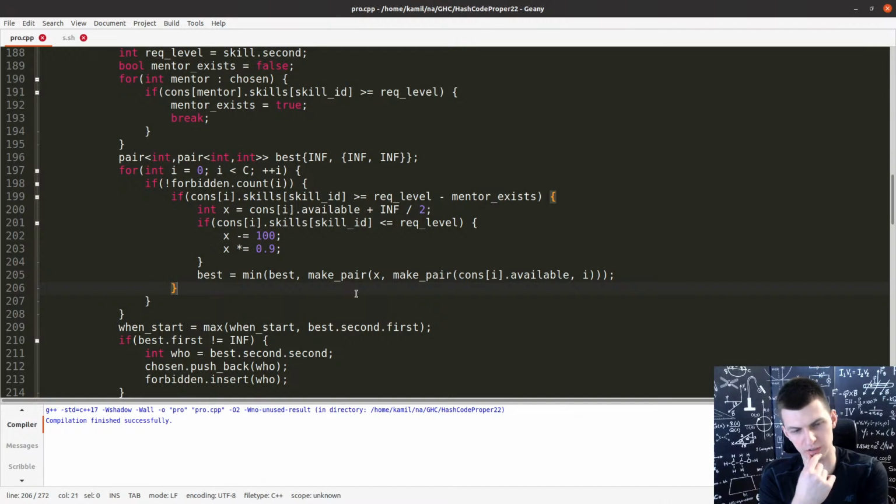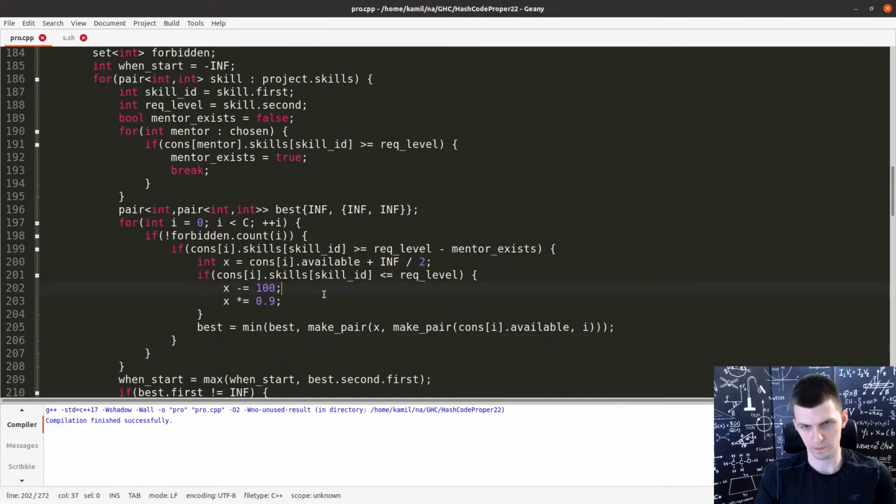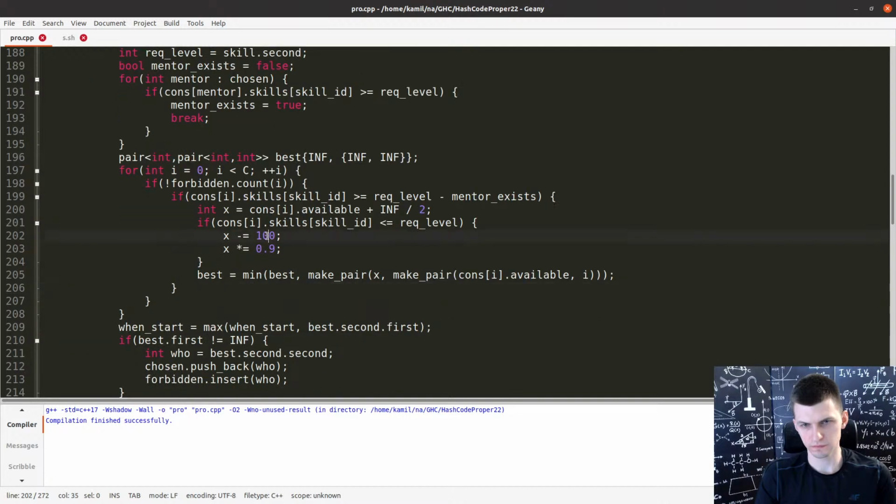That's an interesting observation. Then what person should I take? Just anybody? Swapping to people with level 1 skill? Yeah, that makes sense.